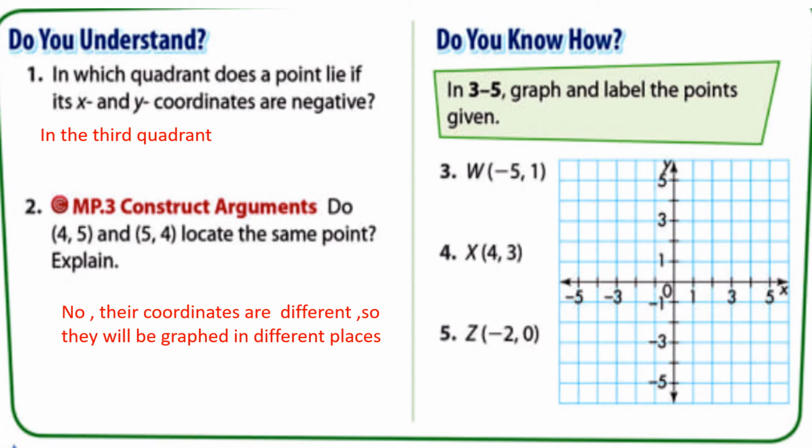In questions 3 to 5, graph and label the points given. The first point, which is W, (-5, 1). As I said to you before, I'll start graphing from the x coordinate. The x coordinate here is -5. So I'll start moving